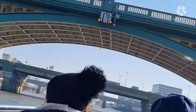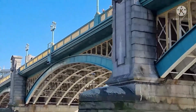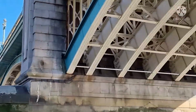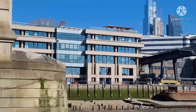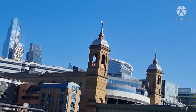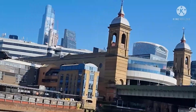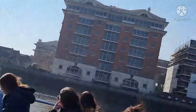Through Southwark Bridge, we've got a lovely riverside pub on our right. It's got the red window frames, the Anchor Tavern. This pub dates back to 1615, so it's over 400 years old. Shakespeare used to hire the attic of the pub as a dressing room for his actors before performing at